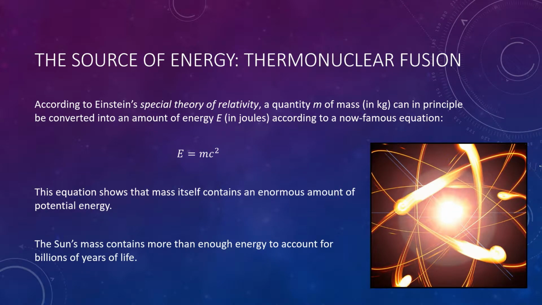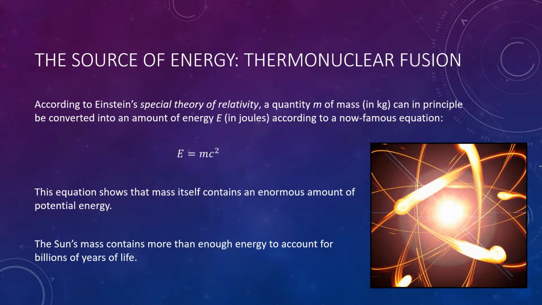With both chemical processes and gravitational contraction ruled out as a possible explanation for why the sun shines, scientists were at a loss in the past. There was no known way that an object the size of the sun could generate so much energy for billions of years. A completely new type of explanation was needed, and it came with Einstein's publication of his special theory